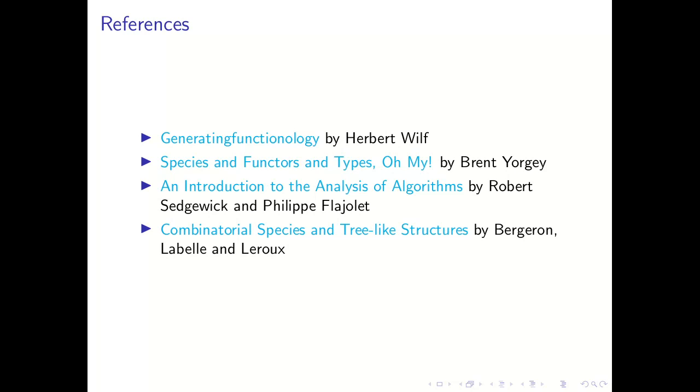I could tell you about how the principle of inclusion and exclusion works for species and generating functions. I can tell you about the implicit species theorem and how you define these sequences implicitly. Like this thing I said for binary trees at the beginning, that a binary tree is either a leaf or it's a branch consisting of two binary trees. I can turn that into a description from which I can generate the generating function directly.